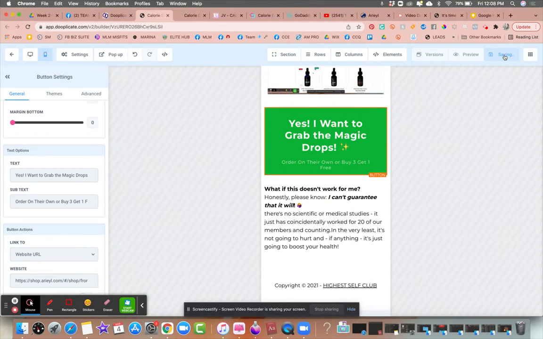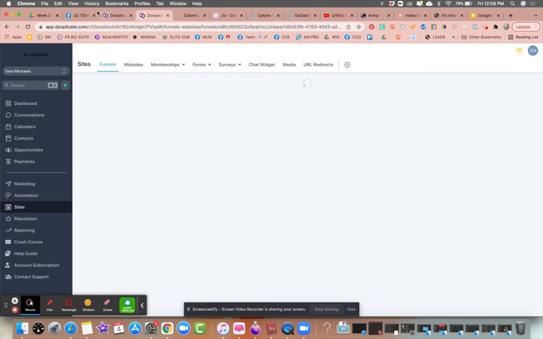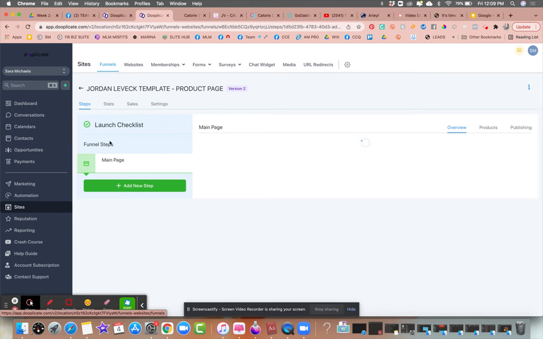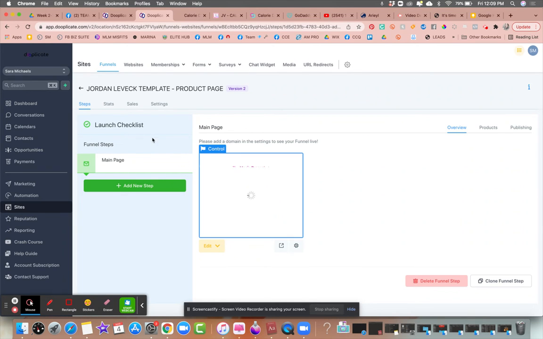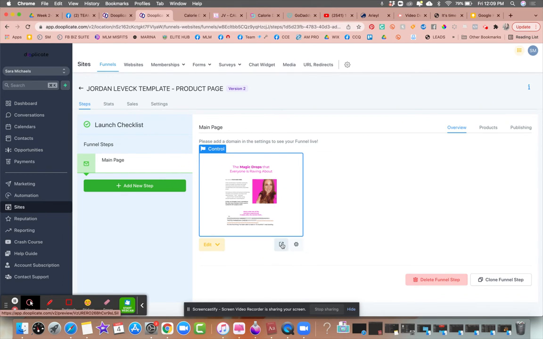Now, the next portion. How do you send somebody to this page? I guess I should tell you that, right? That's pretty important. Okay. So now if you want to send someone to this page, you have two options. Number one, let me show you. Okay, so now this is going to be listed underneath of your funnel page. Okay, so now you'll see that it's going to say this right here.